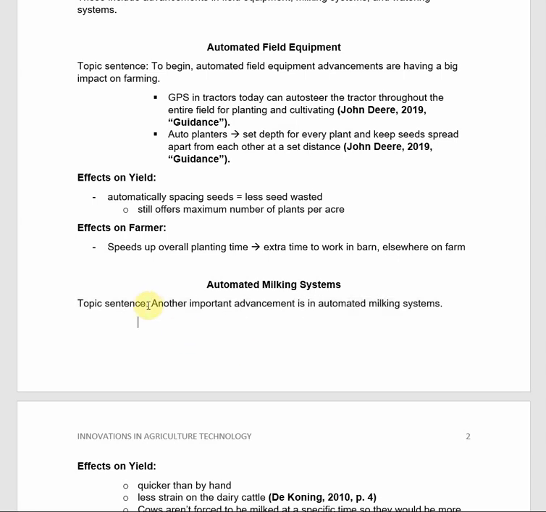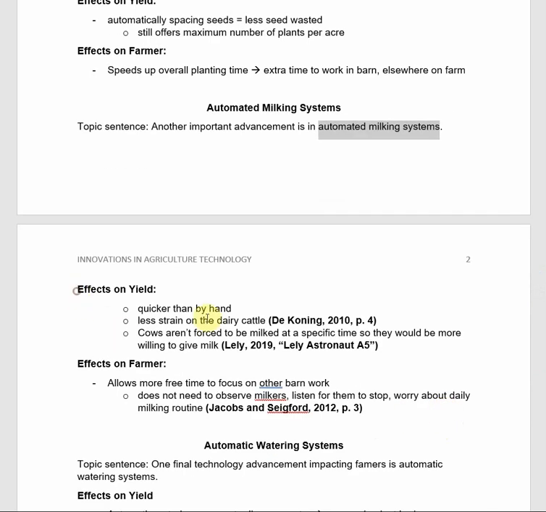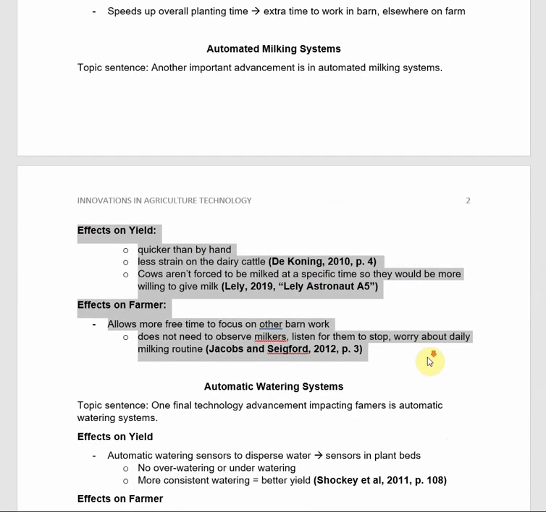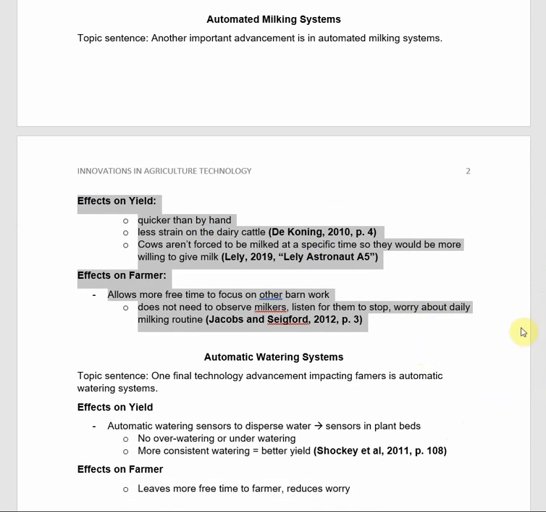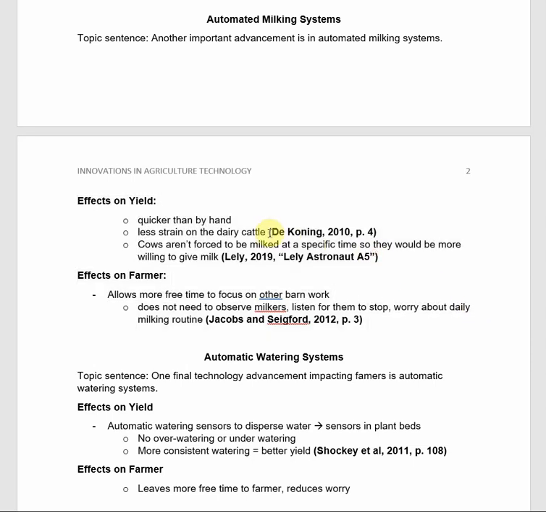So again, we have a transition word here to tell our reader that we're moving on to our next point. And we repeat that main idea that we're looking at advancements that have an effect on farming. And then we have automated milking systems, which is our next main supporting point. Okay, and this would be the supporting material. Again, whenever I have a fact, a statistic, or a quotation, I would be including this material in my citation. Okay,